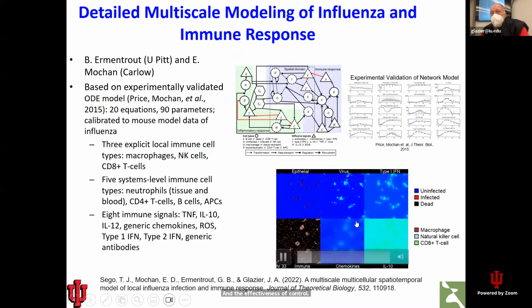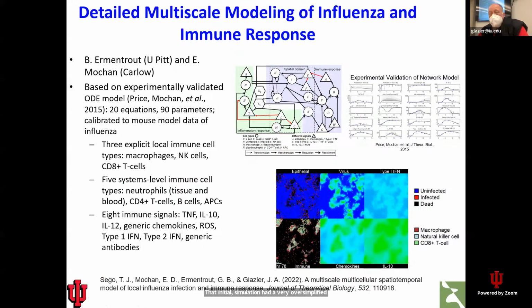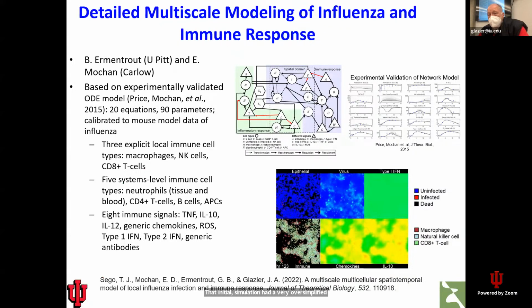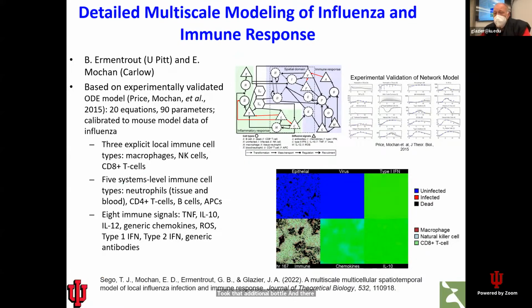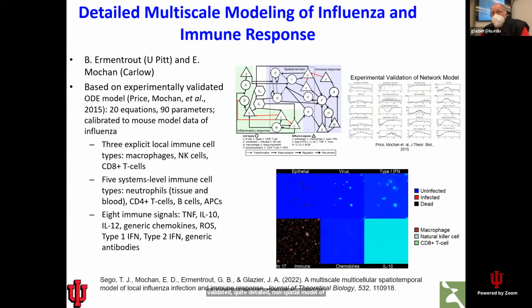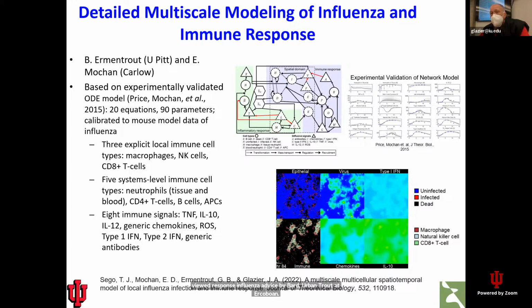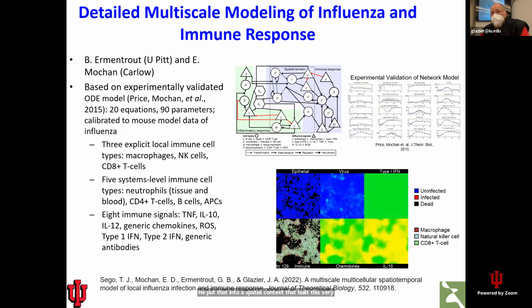That initial simulation had a very oversimplified model of the immune system. T.J. Sego, who's now on the faculty at University of Florida, took that initial model, and there was a relatively well-validated, quite detailed non-spatial model of immune response to influenza in mice by Bard Ermentrout and Erica Mohan. He put that into a spatial context and built this very beautiful model of influenza infection and immune response, which